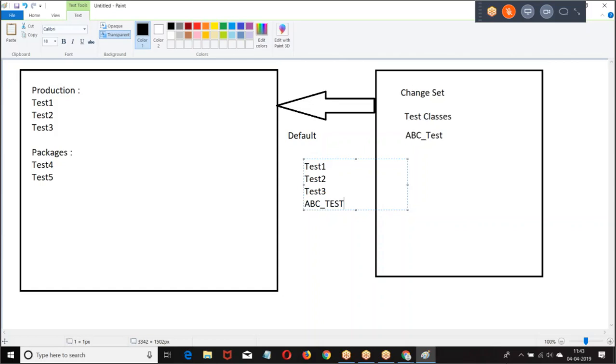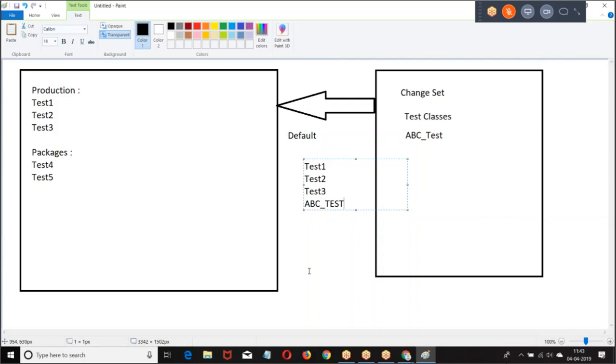If the change set doesn't contain any test class, no test class from production will run. So depending upon whether test classes are there or not in your change set, the execution will happen. Default, and there are no test classes in the change set, nothing is executed. Default, and there are some test classes in the change set, so the test classes in the change set and the local test classes in the production will be executed.